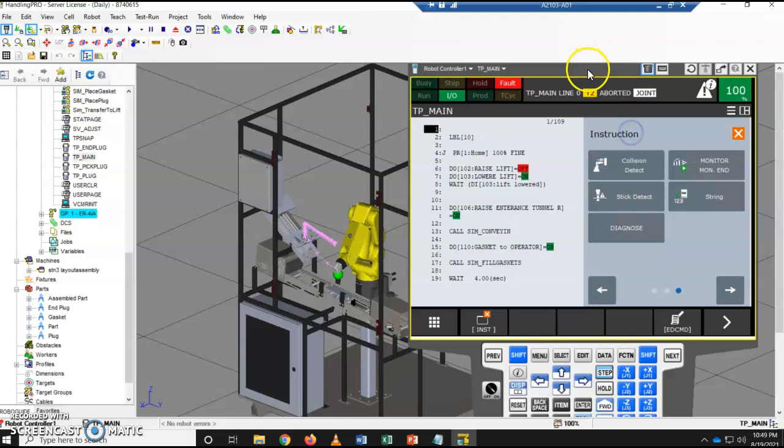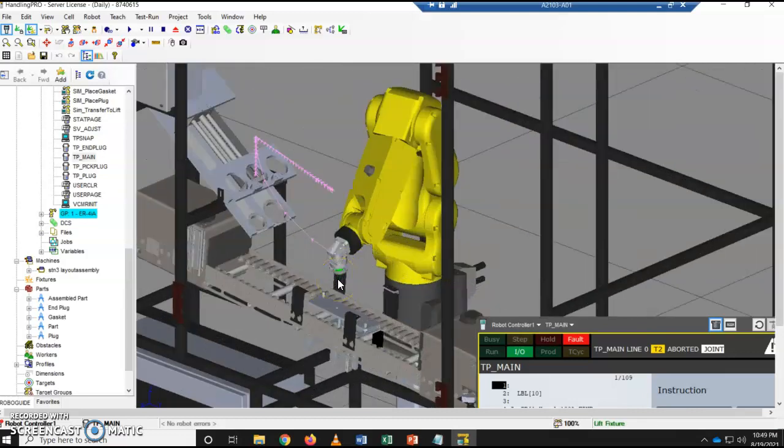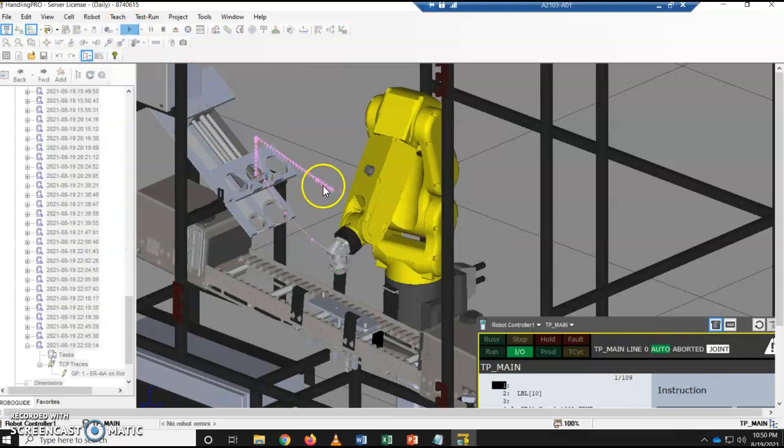So in my program, I use a few subroutines. The main subroutine is called TP main, and inside this subroutine, I call a few subroutines called, for example, TP end plug, TP pick plug, and something like that. So first of all, in my program,